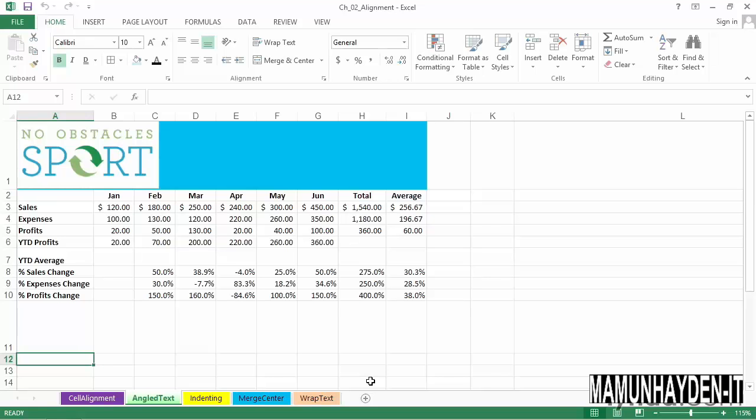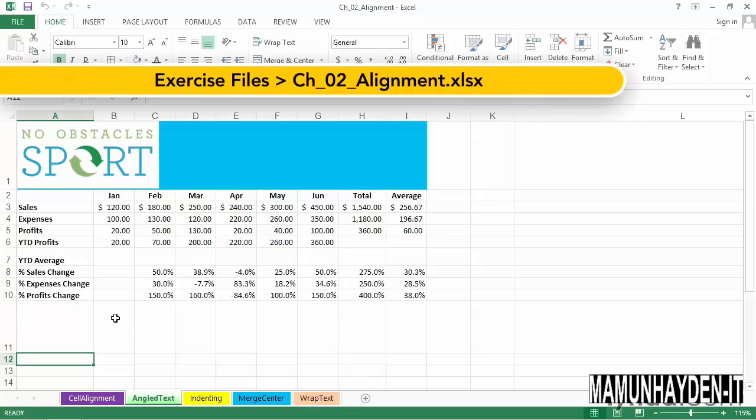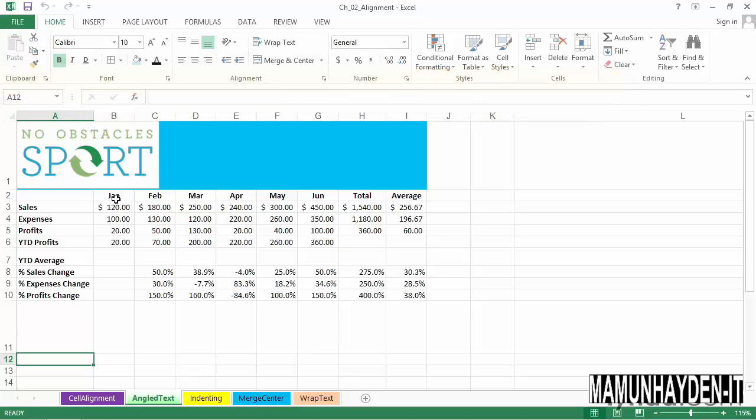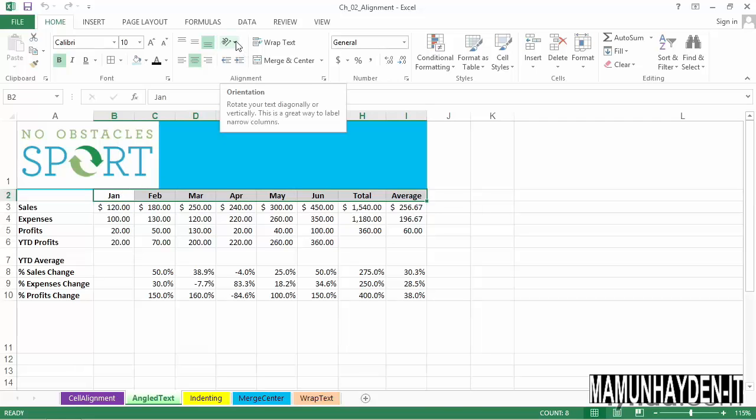Although not generally considered a critical effect, slanting text sometimes gives a little more emphasis to certain data in a worksheet. It just makes it look more interesting. Suppose we select the cells here in this worksheet called angled text, and we'd like to angle the text on a 45-degree angle. Within the alignment group on the Home tab in the ribbon, we've got some choices right here